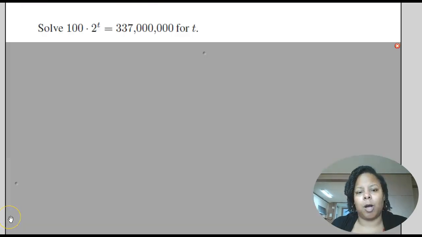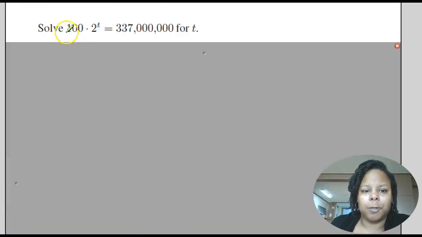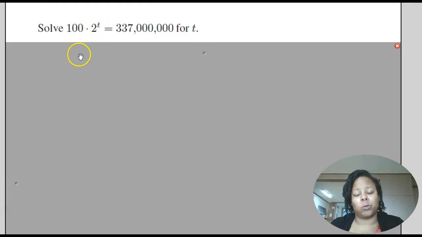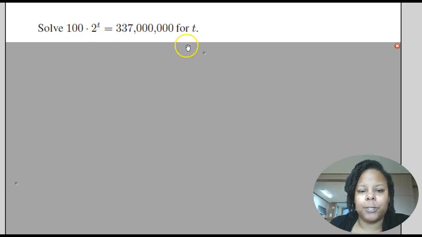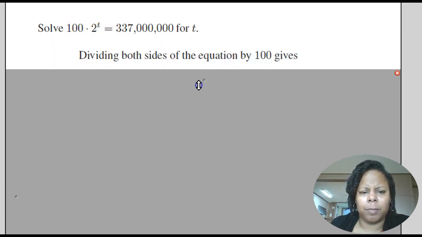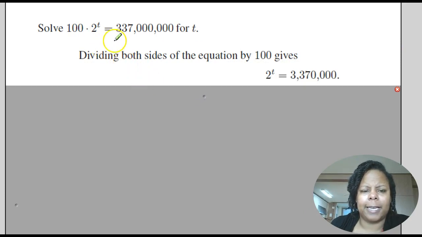So let's solve a problem using logs. Here we have an equation that we're trying to figure out what t is. In all algebra, we have to isolate the t. First things first, I'm going to get rid of this 100 by dividing both sides by 100. Now I get a modified problem of 2 to the t is equal to